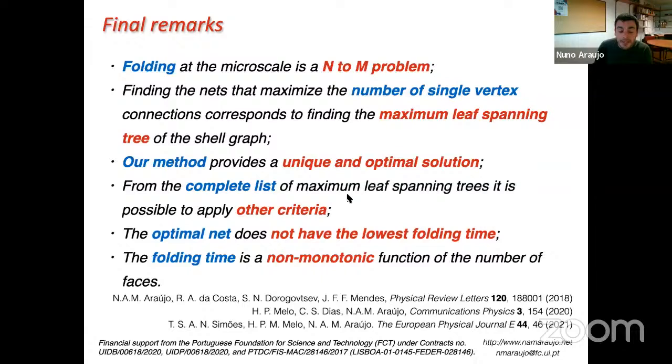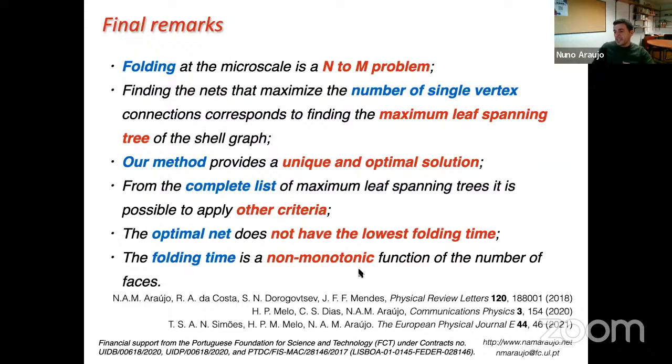applying other additional criteria, and that looking at optimization in terms of folding efficiency is not necessarily the same, in fact is very different from looking at folding time, and that the folding time is non-monotonic, even for the simplest case of a pyramid, a non-monotonic function of the number of faces, and that we can explain this non-monotonic dependence by looking at the problem as a set of first passage processes in 2D and 1D. And I did not even discuss what we know for more complex structures where we have a